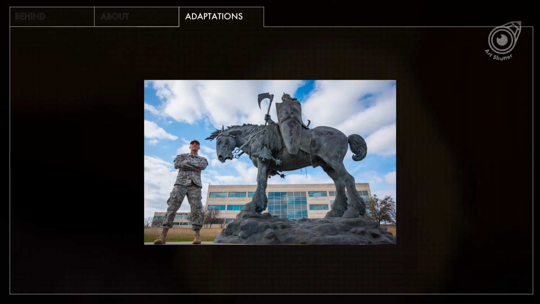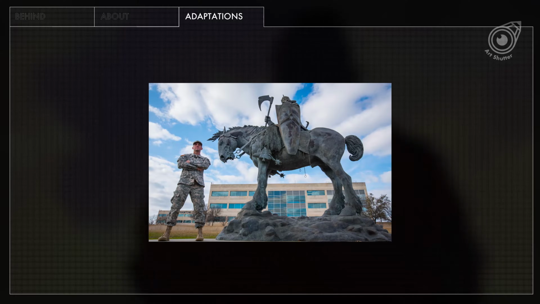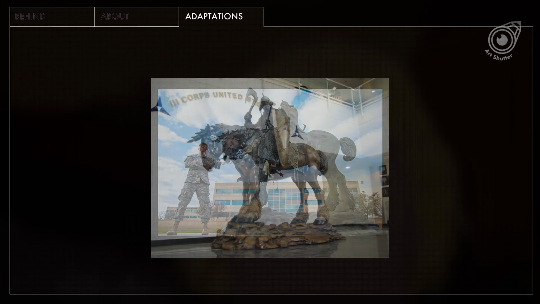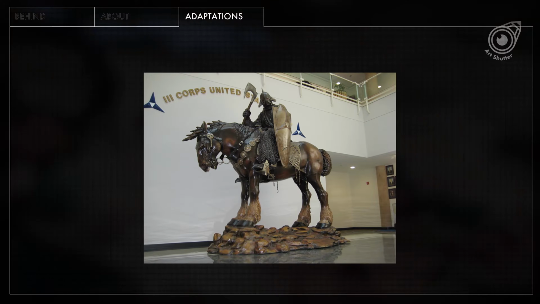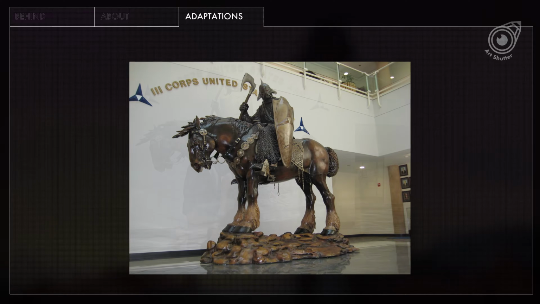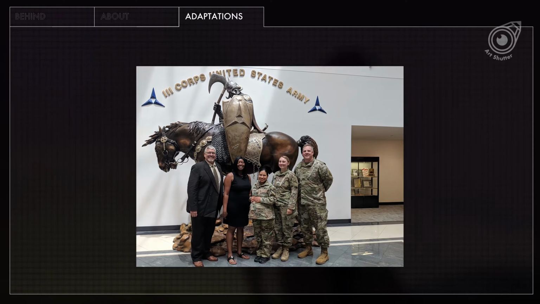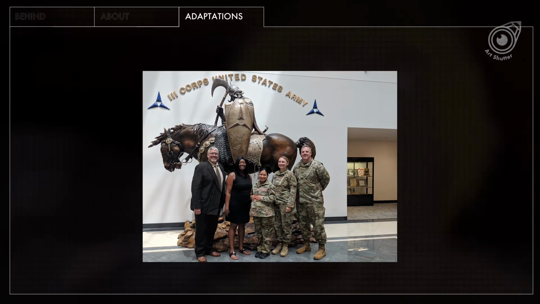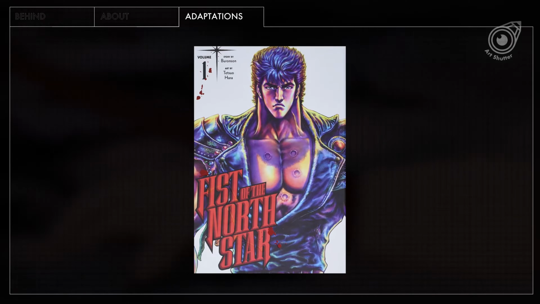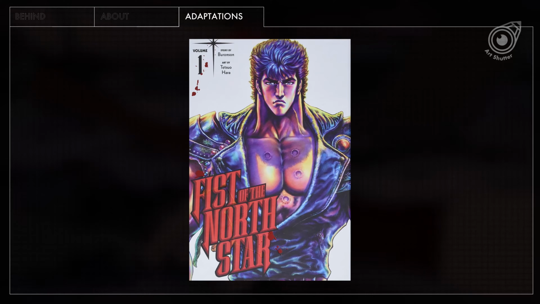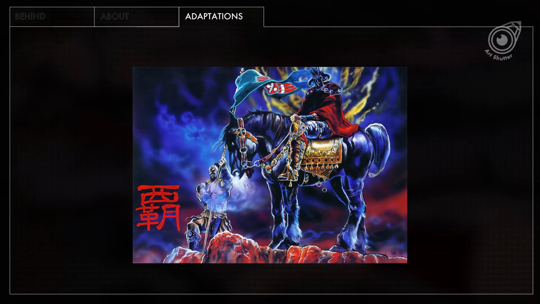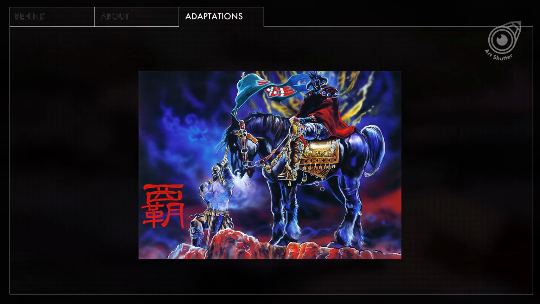The statue is an exact replica of a piece sculpted by Randy Bowen and produced by Dark Horse Comics in 2003. Two full-size painted resin statues are on display in the atriums of the 3rd Corps headquarters. Also, the United States Marine Corps Helicopter Squadron HMM-764 has the Dead Dealer as their mascot. In addition, there are several references in the manga and anime Fist of the North Star, where one artwork featuring the two characters is directly referenced from the original Dead Dealer painting.